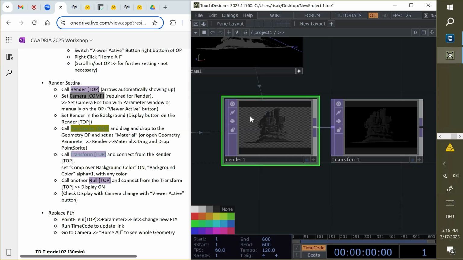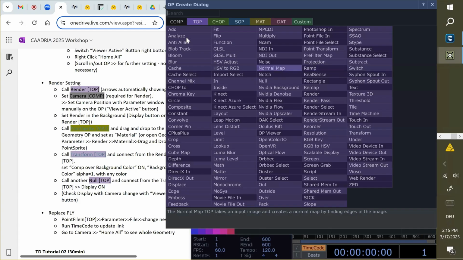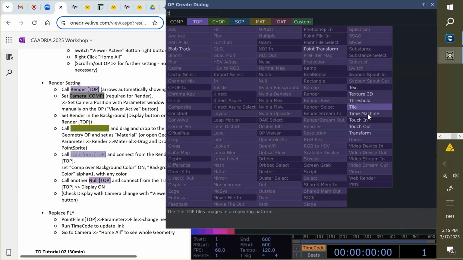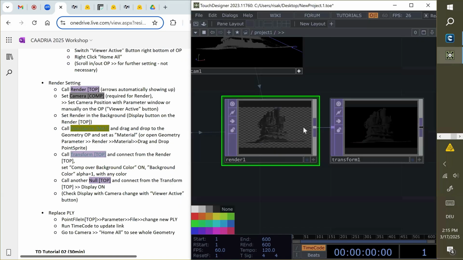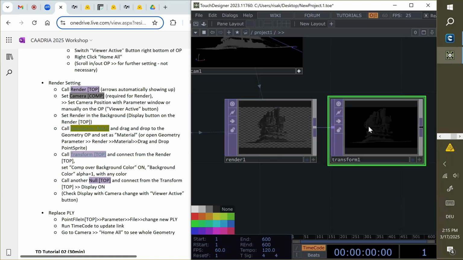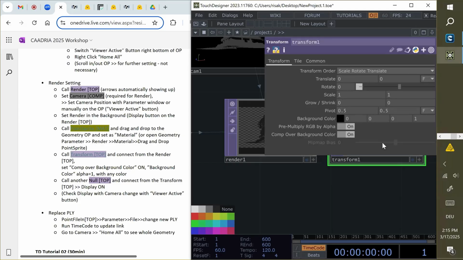Again, after rendering and camera, you just call TOP, transform, place here, and then connect together this render. And you go to transform, property, and comp over background color on, with background color 0 0 0 1 as a black color.